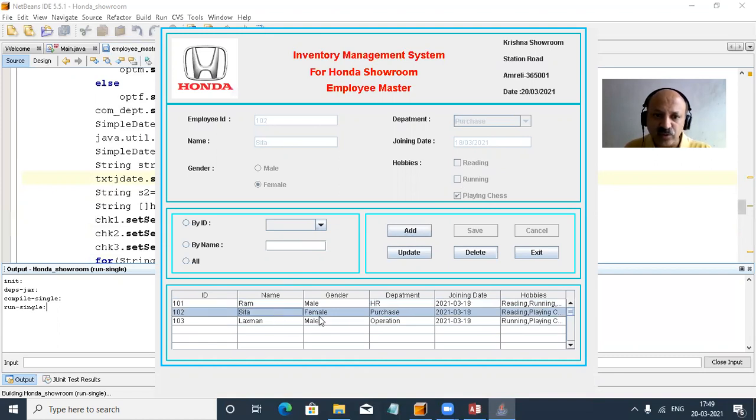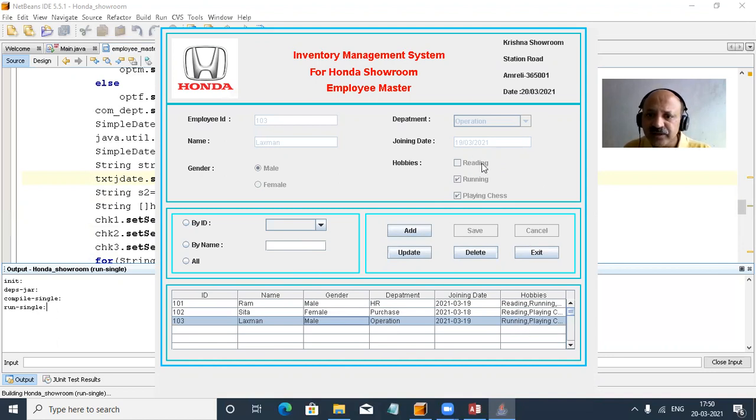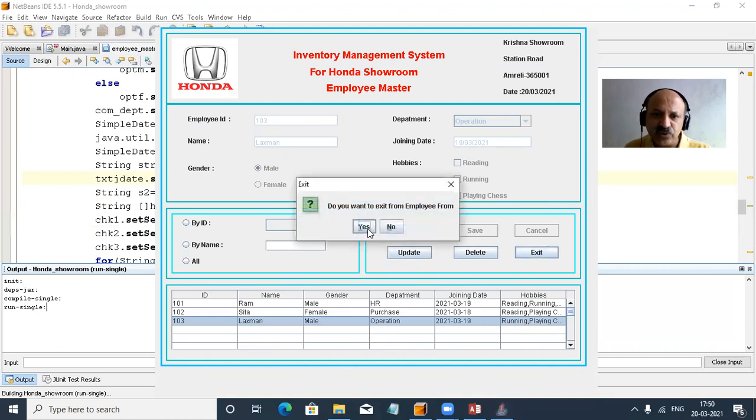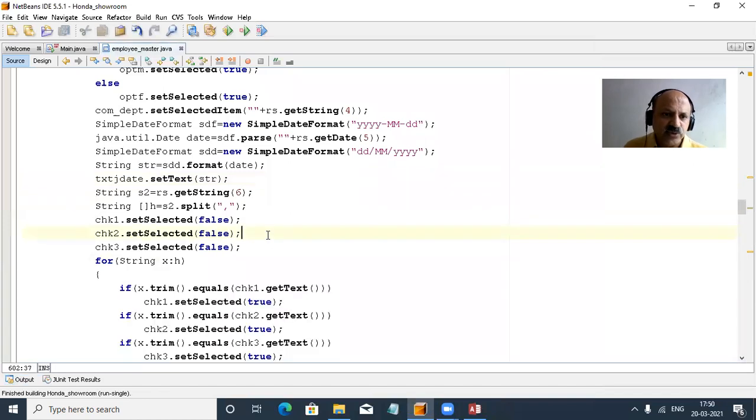So yes, now that is playing chess. Yes, you can look here. Previously selected is unchecked. Yes, so that is the perfect way. Yes, here only reading is the problem. So reading, yes. The first hobby is not selected. So why is that not selected properly? So get text and check. Yes, perfect, where we can apply to our coding.